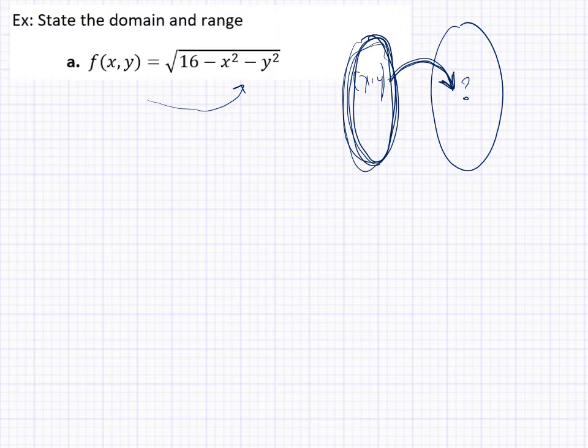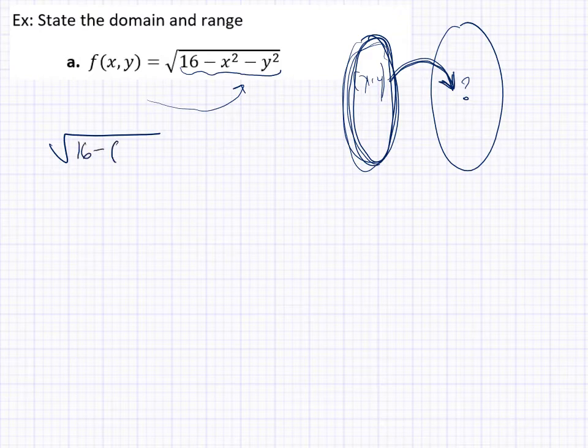So to do that, we're going to use a lot of the same techniques we've used back with single variables. First off, we know that this is a square root, and the domain for square roots is that the value inside the square root has to be positive or 0. It cannot be negative unless we want to travel to the imaginary set, but we're doing real calculus, so we're not doing that. So what I'll do here is I'll look at the square root of 16 minus x squared,